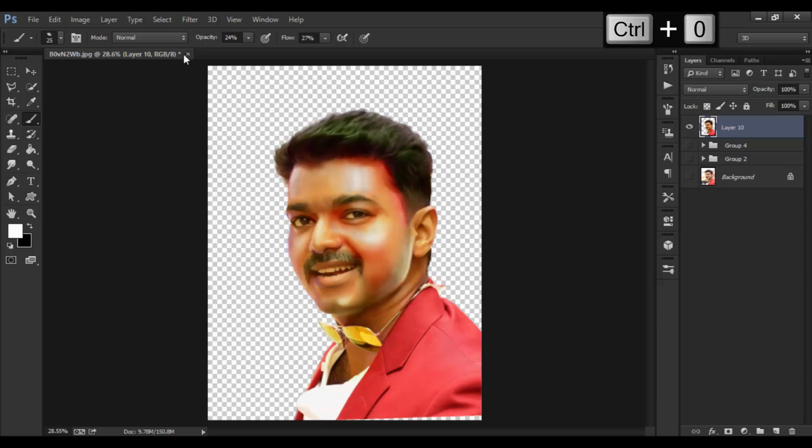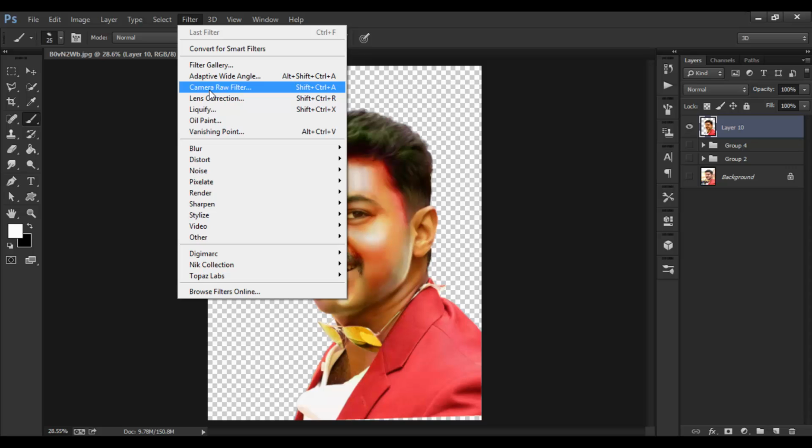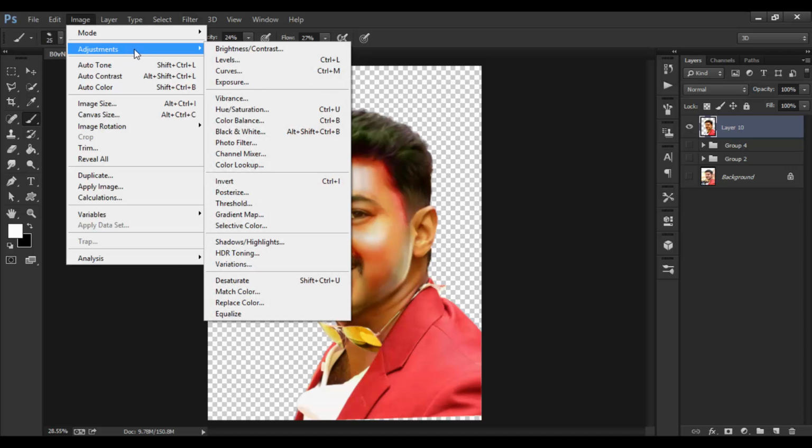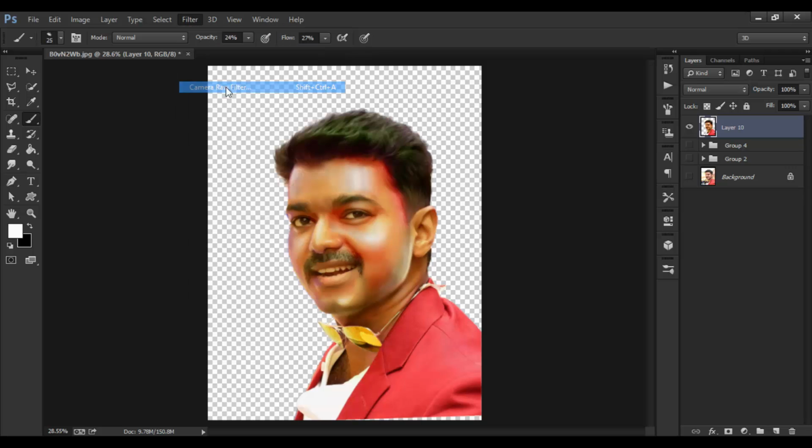Now I'm going to the Camera Raw filter. If you're using Photoshop version CS6 and below, you will not find this filter here. There is no Camera Raw filter in version CS6 and below. For those guys, choose HDR toning and shadows and highlights and color mixer options. But if you're using CC, you can follow along here. Select open Camera Raw filter,